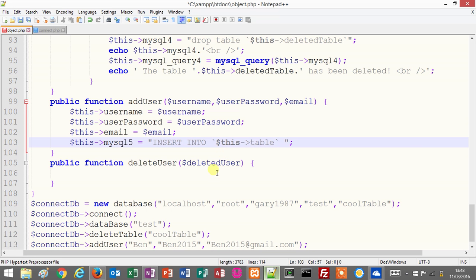We should actually comment out the delete table method at the minute, because we want the table to exist so we can insert data into it. Insert into this table, and then we'll put in the columns that we're going to be inserting into. So the first one, yeah, first one is,